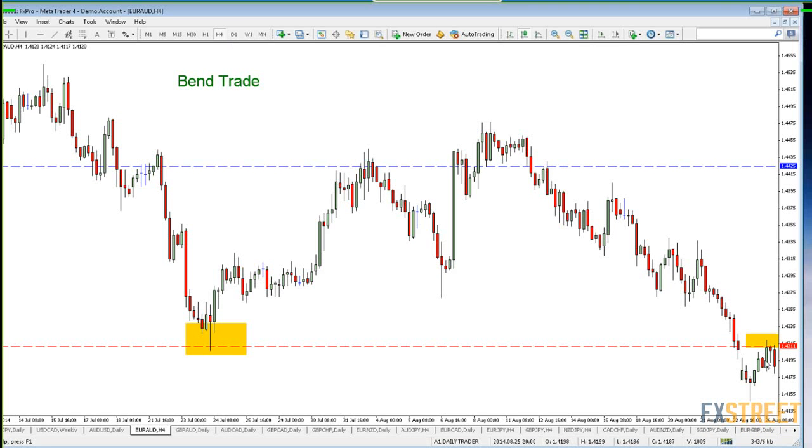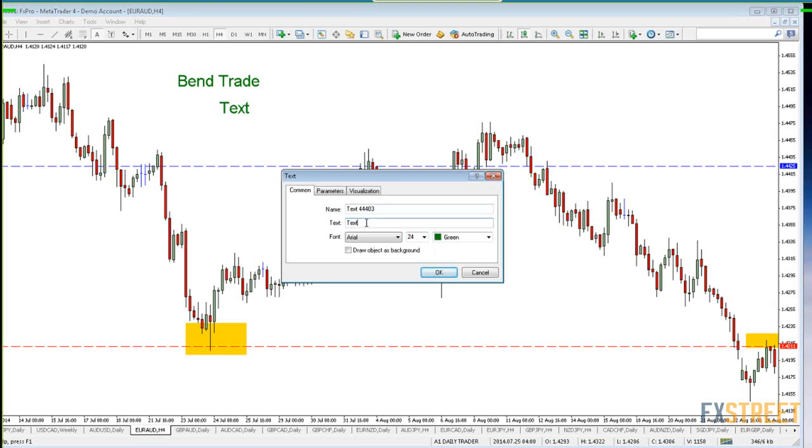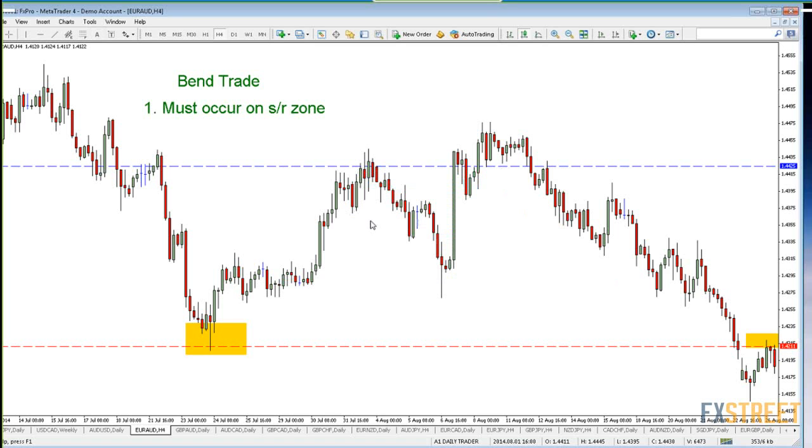Okay, so for a bend trade, I need to know what? I need to know that this is happening on a support and resistance zone. So that's the first rule: it must occur on a support and resistance zone. Okay, that's number one. That's what we have here. We have a support and resistance zone. Number two,